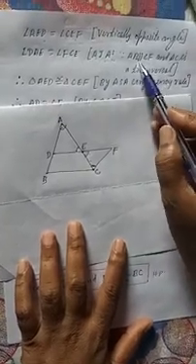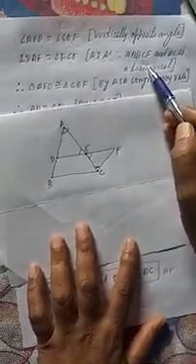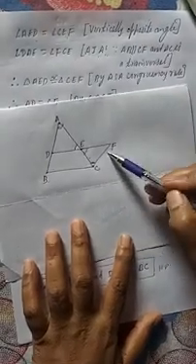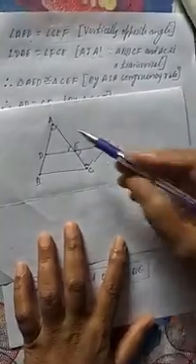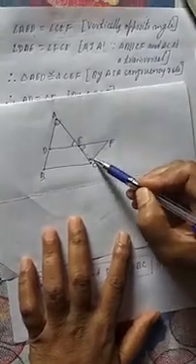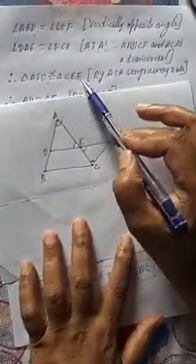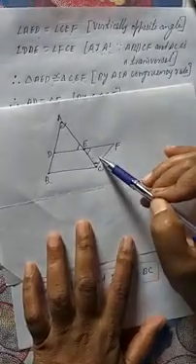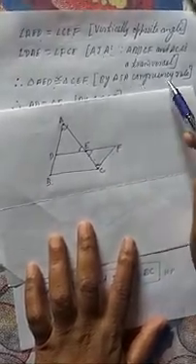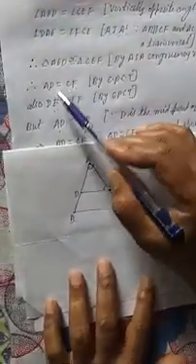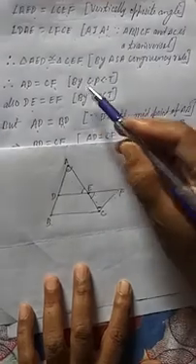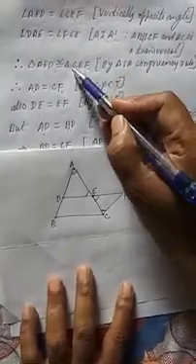Why? Because we know that AB is parallel to CF, and AC is a transversal. That's why this angle and this angle are alternate angles. So we can write here: therefore, triangle AED is congruent to triangle CEF, means this triangle is congruent to this triangle. How? By the angle side angle congruence rule. After we prove that, we can write AD equal to CF, by CPCT, because I already proved the congruence.